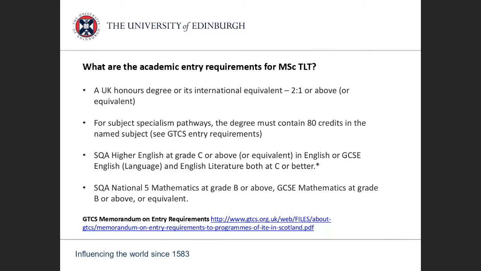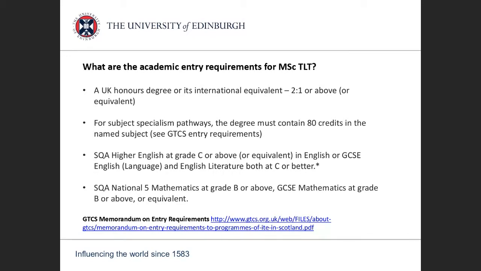We also require SQA National 5 Mathematics at grade B or above, and the GCSE equivalent of that would be Mathematics at grade B or above. Again, we have a wide range of mathematics qualifications that we accept. One thing to note is that we do